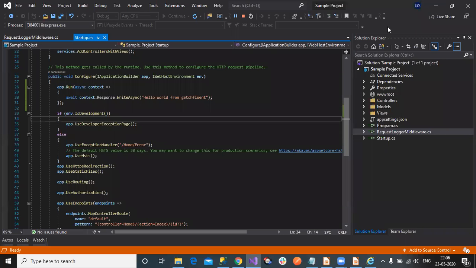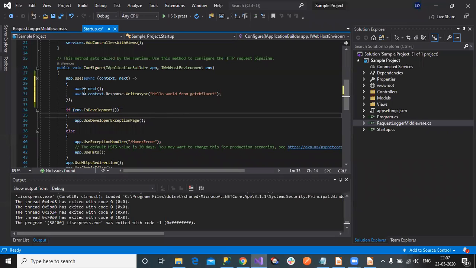Notice in the browser, we get the response like a hello world from the GTech Fluent, but we are not getting that welcome screen which we previously saw. That is because we have not passed our middleware control to the next middleware. So let's see how we can pass that.